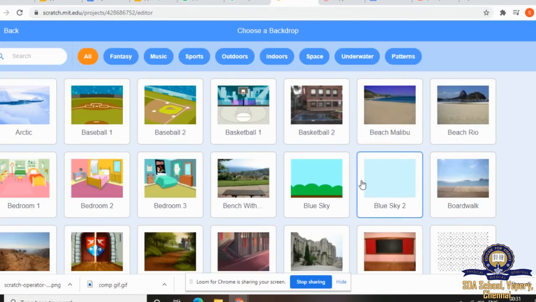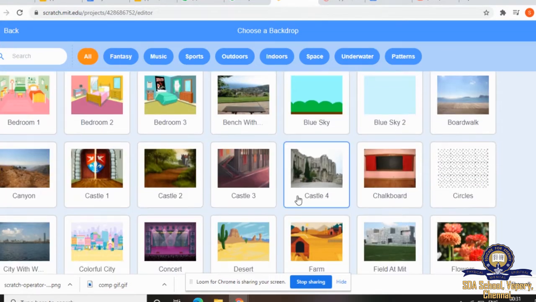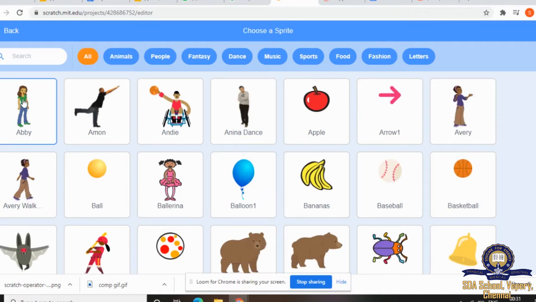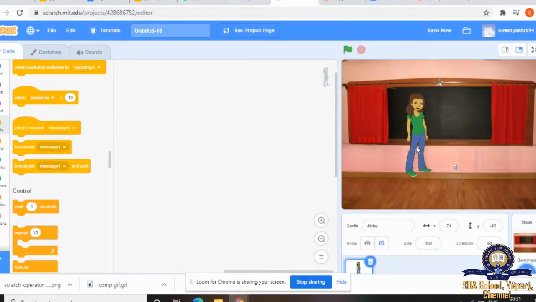I'll create a new backdrop, say school or a chalkboard, and then I'm going to create a new sprite here. This girl is going to ask questions to me. Now we'll create a script for this girl.